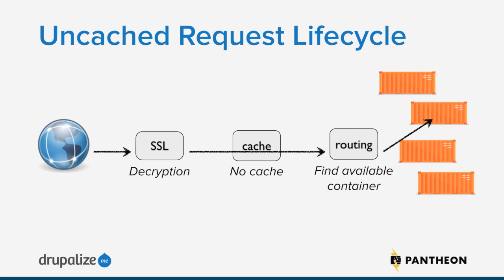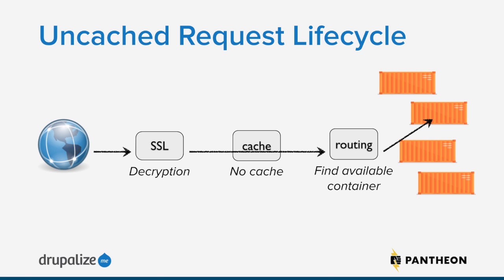So here we have a browser shown by the little globe. That's the browser request coming in from the web, going to https://mysite.com. Now, as that comes in to Pantheon, if it's HTTPS, it's SSL, so it's going to need to go through SSL first and get decrypted. Then once it does that, it's going to go to the cache, and Varnish is going to say, well, I don't know what this is. I can't give it to you. So it passes right through the cache and goes to the routing system,